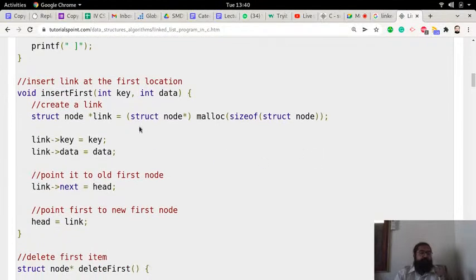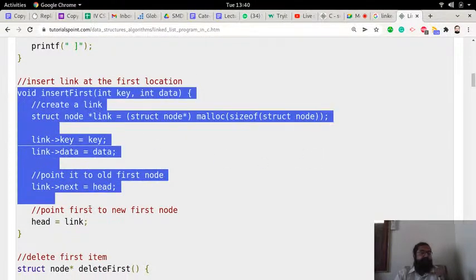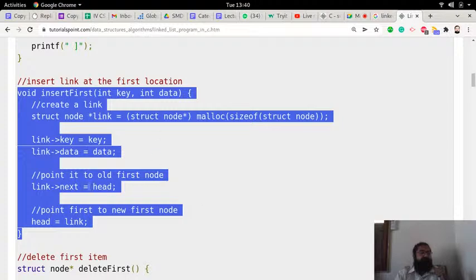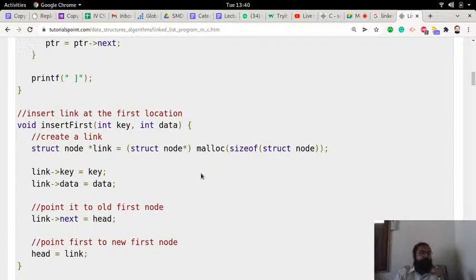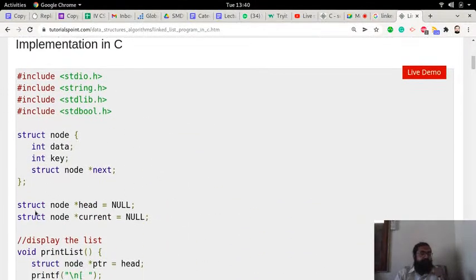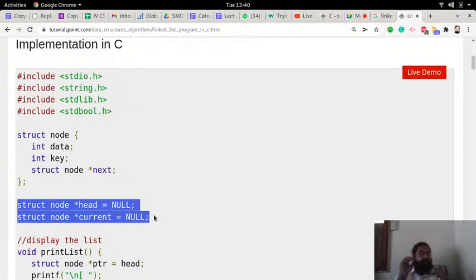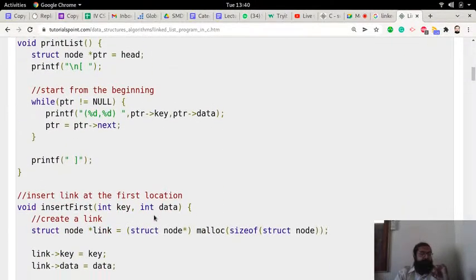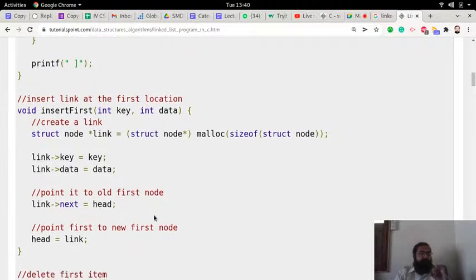So insert first, this is the function insert first that we have. Now one thing that we need to know is that the head and the current are global pointers. They are global pointers. And now let's take a look at